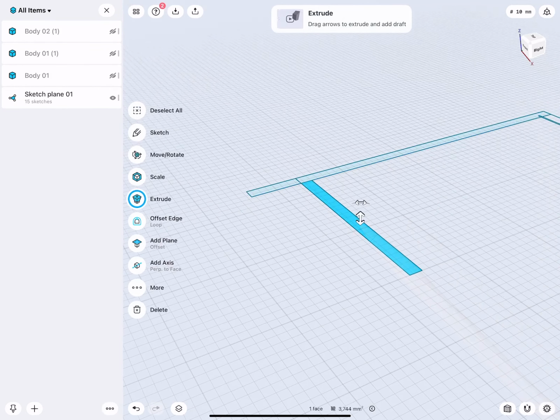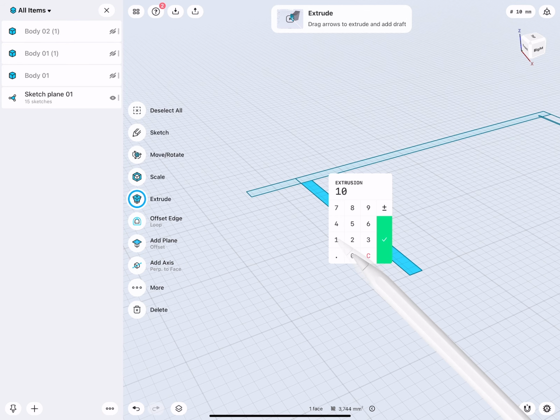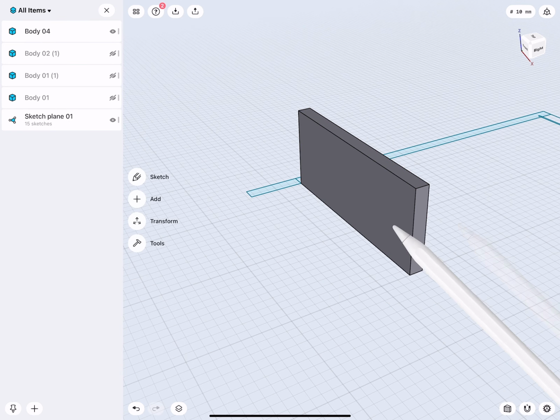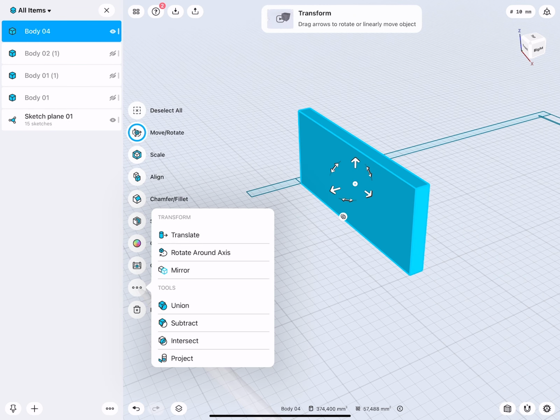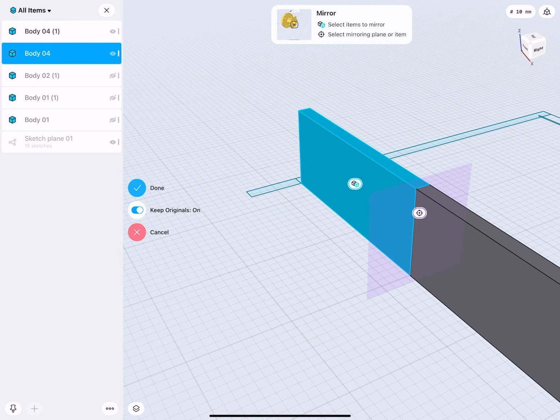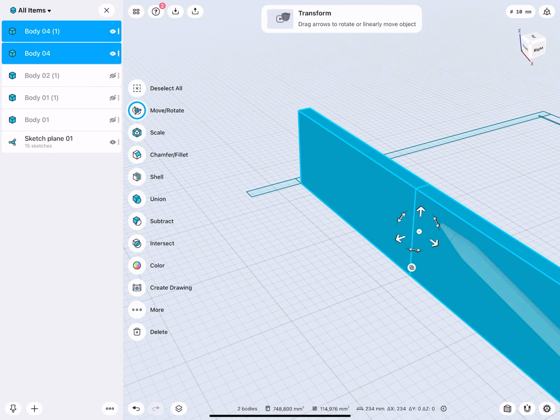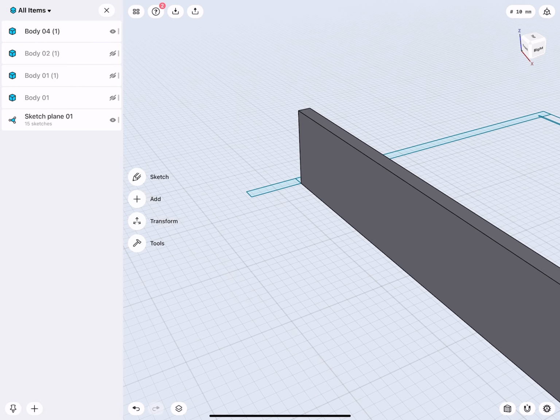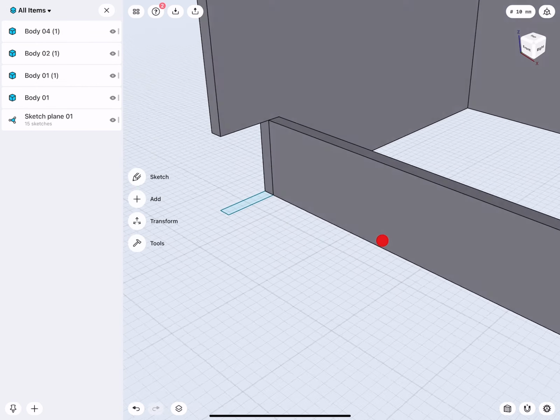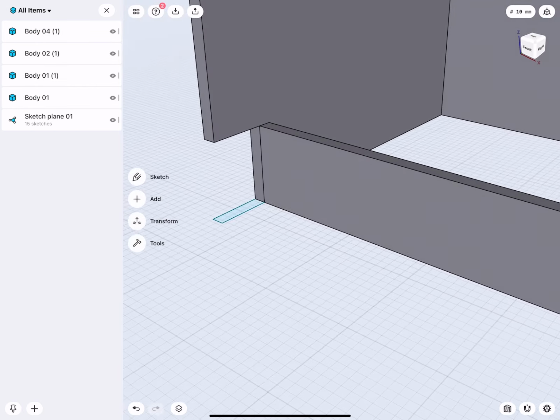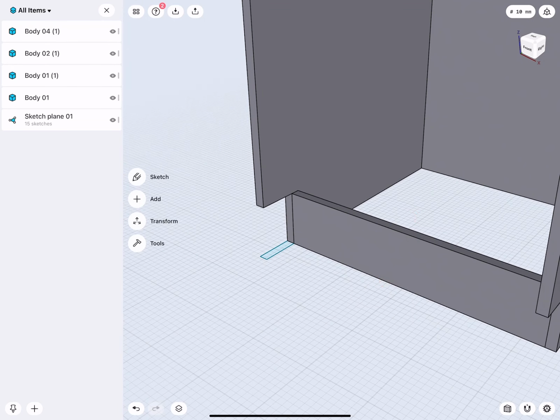So we extruded the toe kick up 10 centimeters, so 100 millimeters. Do the same here. Then let's do a mirror. There we are. And join. You see, it fits perfectly. Pretty cool.